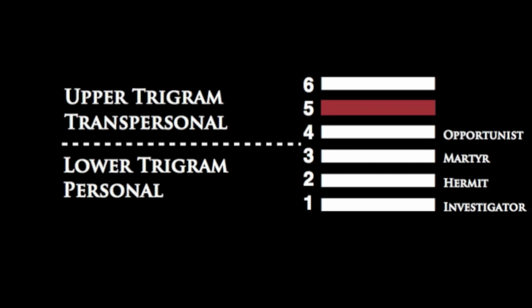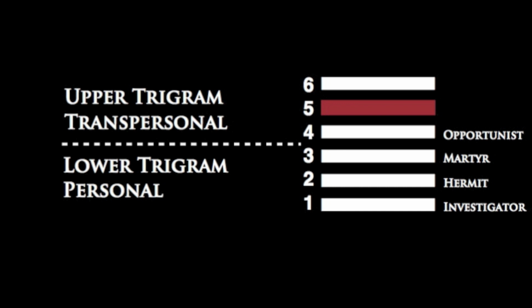And it's kind of a tricky thing with the fifth line, because people might look up to it in the same way a lot of people might look at the second line through that picture window in the lower trigram. That's one of the problems with the second line, is that people are looking through the window at it and see that it has a lot of gifts, and they might try to tell it to do things like, oh, you're really good at this, but at the same time the second line just wants to be left alone.